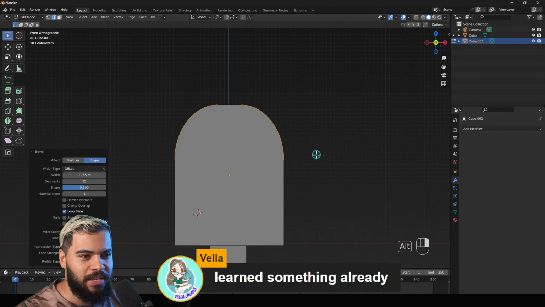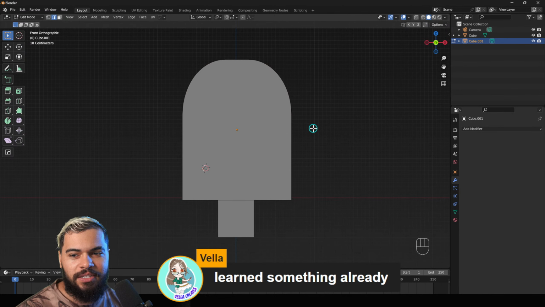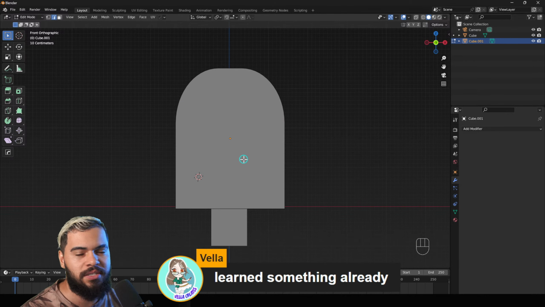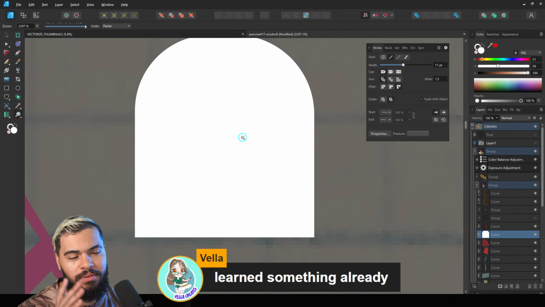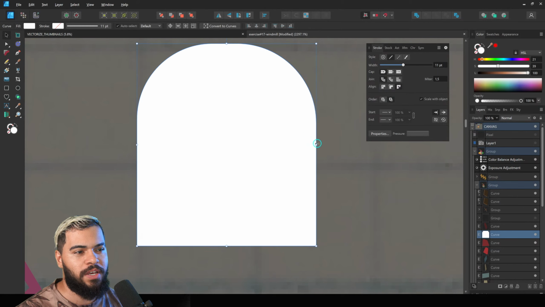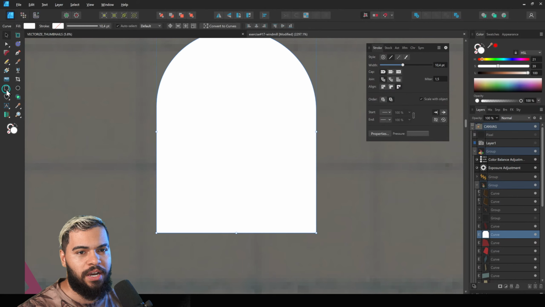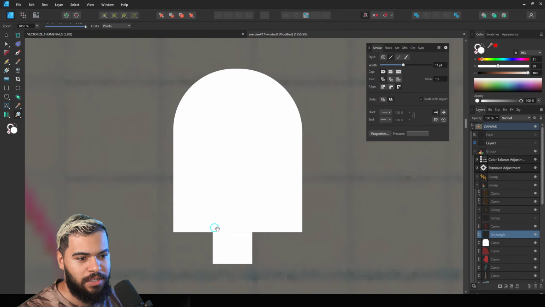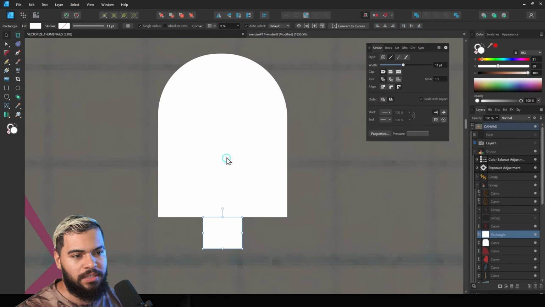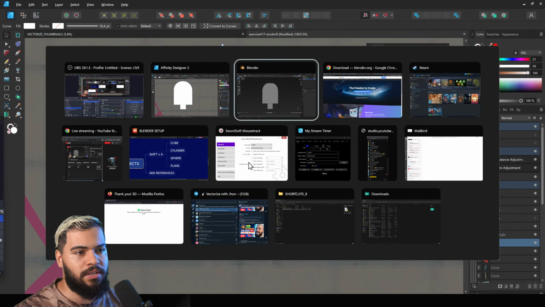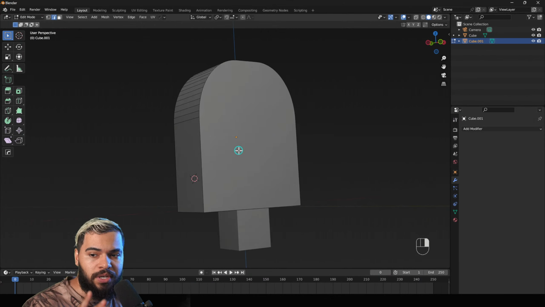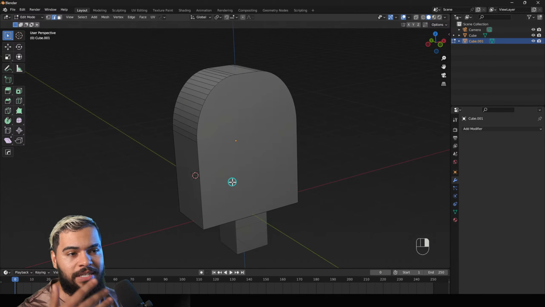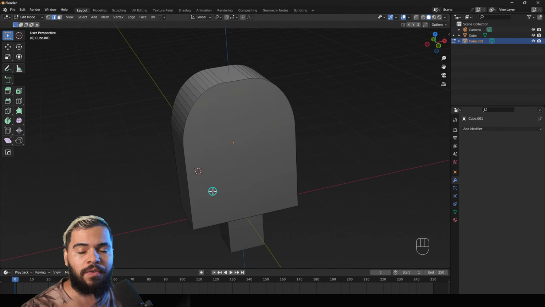Okay, as you can see, guys, we got here our silhouette. This is the front view that we got here in our project. Okay, this is the front view. It's the same as if you are creating here in Affinity, where everything is 2D, right? Let's say that you want to make something like this. Imagine that here in Blender instead you have this shape. However, you can rotate. You have the depth. All right, this is what makes 3D as 3D, because you have 3 sides, 3 dimensions.